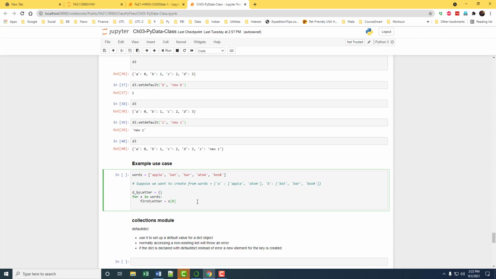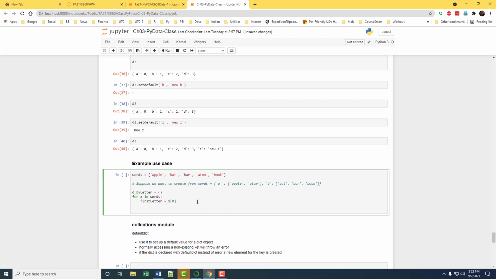If it is true, do something. If it is not true, do something else. So we say if first letter, we can say in or not in, whichever one. So you say in d by letter.